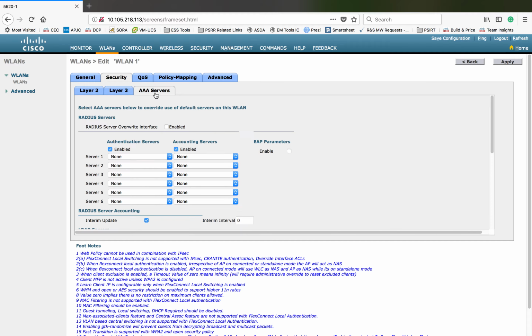Next one is AAA servers. In AAA server, you can choose what is the server order you have to apply on this particular SSID. For example, you have multiple SSIDs, multiple AAA servers already there in your system. By default, the global configuration will be taken care of. If you want to override that, you can choose the order here. As per current order, we have 140.6 as the first one. If you want to change that order, you can change that to 7, then 6. It's up to you. So you can add multiple radius servers on the controller side, but the order can be